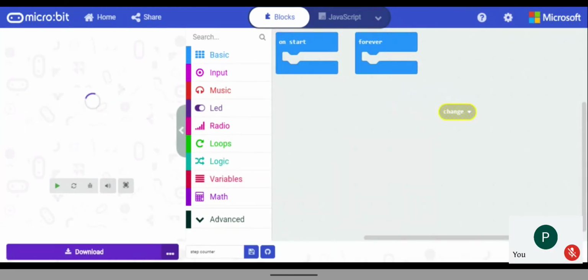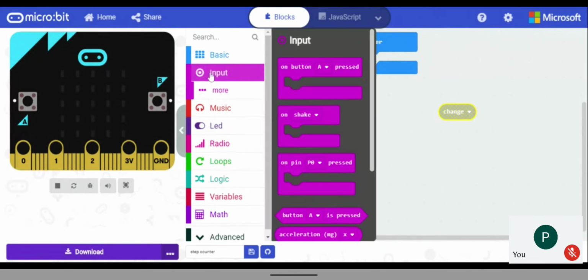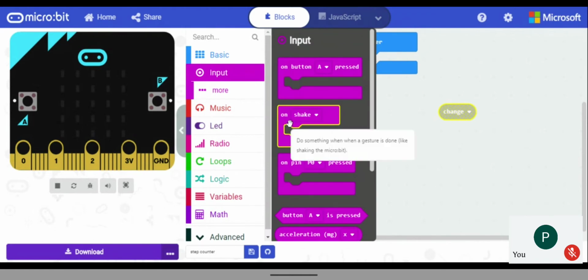After that, we'll come from the starting. First I have to take on shake. Just think if there is a microbit which has to be used like a step counter, what do you have to do? You have to tie it to your leg or to your hand, it's your wish. You make it like a watch and tie it, right?